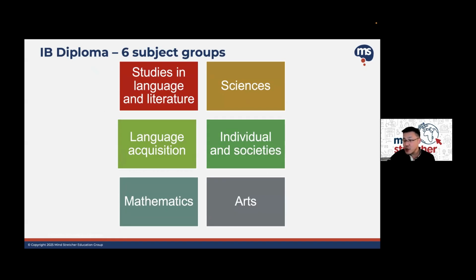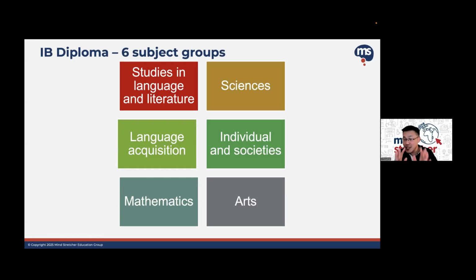Another key thing is you can see the IB diploma has 6 different subject groups which students can choose from. That's the key difference also, because in terms of the breadth of subjects that they have to take under the IB diploma, it is more. They take more, right? Compared to the A-level track. A-level track, I will explain later, but in A-level the students only take 4 main subjects, excluding GP. So you have to take general paper, but on top of general paper, you're going to take 4 other subjects. And I'll also explain later, but even for the 4 subjects, now MOE has deprioritized, in a sense, the exam coverage of one of them.